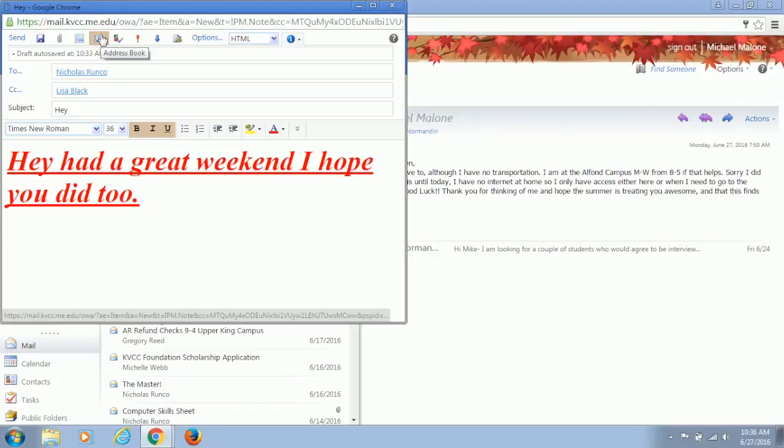And the address book is populated with any student, faculty, or staff that exists on campus. So if you know their name, you can search for them. Even if you don't know their whole name, you can start typing it in and it'll populate it. So you actually see, okay, who is this? Maybe it's a teacher, maybe it's a student, and you'll be able to cross-reference that, because it shows you if they're a teacher or a student.